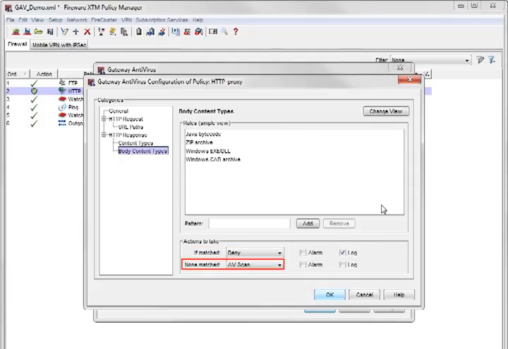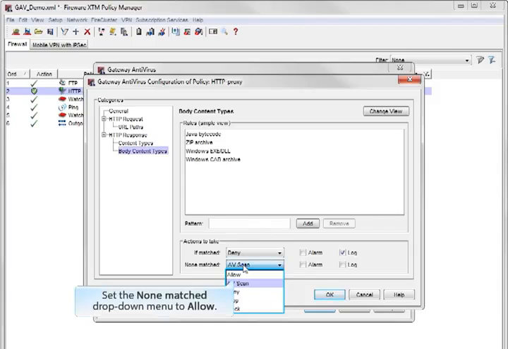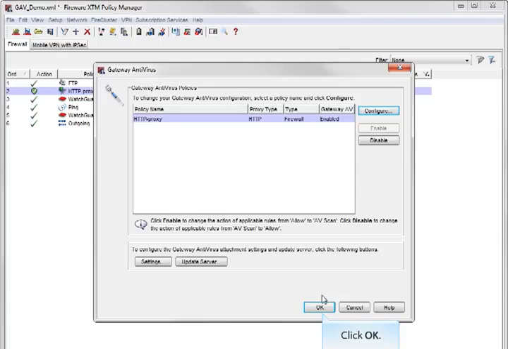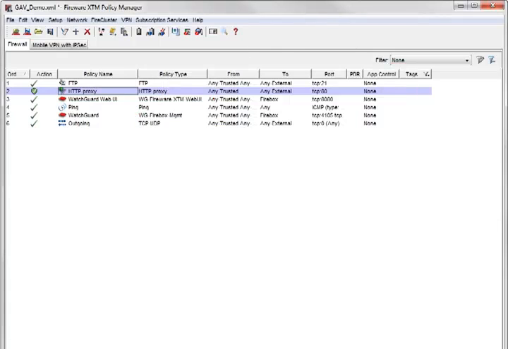Because the none matched rule is set to AV scan, all other files are scanned for viruses. To improve performance, I can change the none matched action to allow. Keep in mind that changing this setting does not mean all other file types are allowed without scanning. The HTTP proxy can still decide to scan files based on the content types rule set. That's it. I've customized the HTTP proxy to use MIME content types as the only criteria for AV scanning, which should improve Gateway AV performance